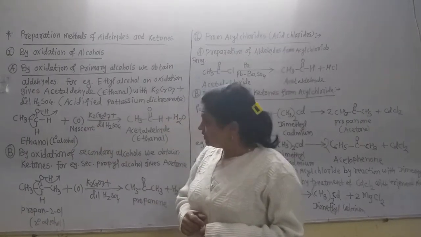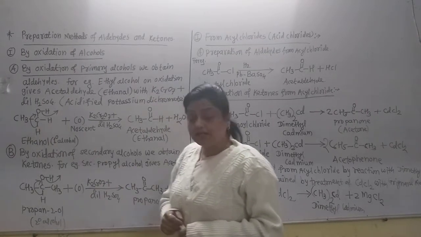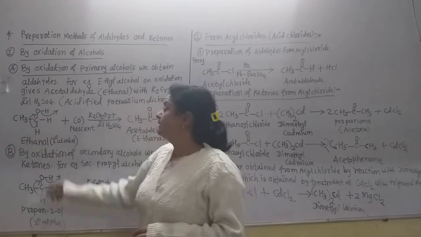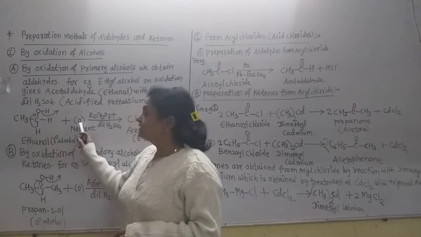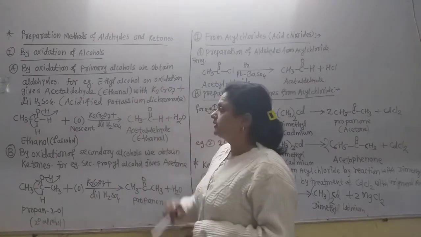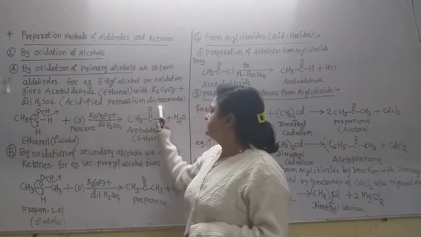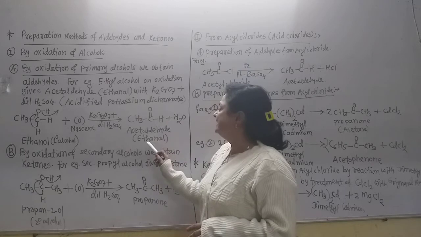the oxidation. Now the carbon atom on which the OH group is present, one of its hydrogens gives a double bond, and at the same time this hydrogen gets detached. Now this hydrogen and this oxygen form water, and here is CH3 C double bond O H. Now what is this? This is the aldehyde. The name of this aldehyde is acetaldehyde or ethanal.